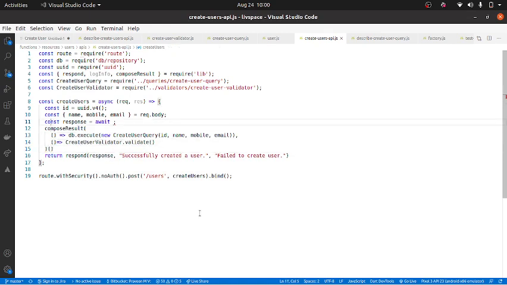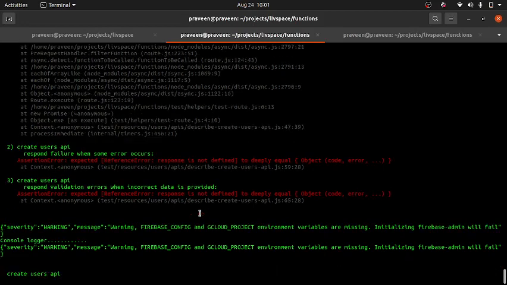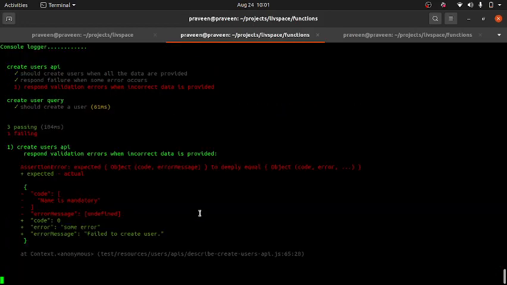We can pass this entire thing, including the ID, and this is the user details. Validate whether the user detail is proper or not, and this will be your response and return respond.